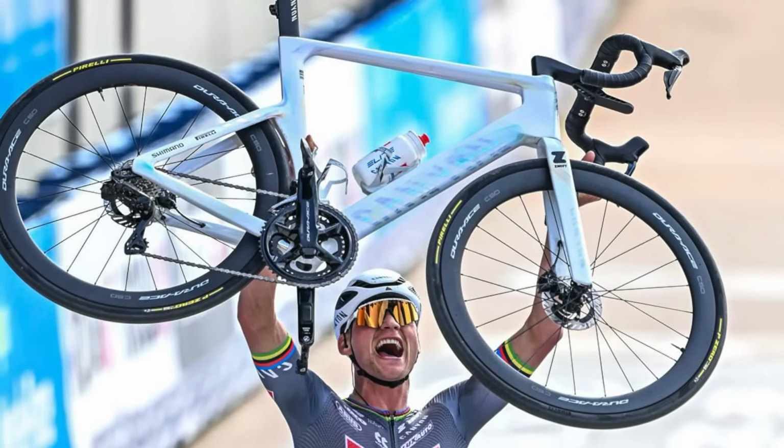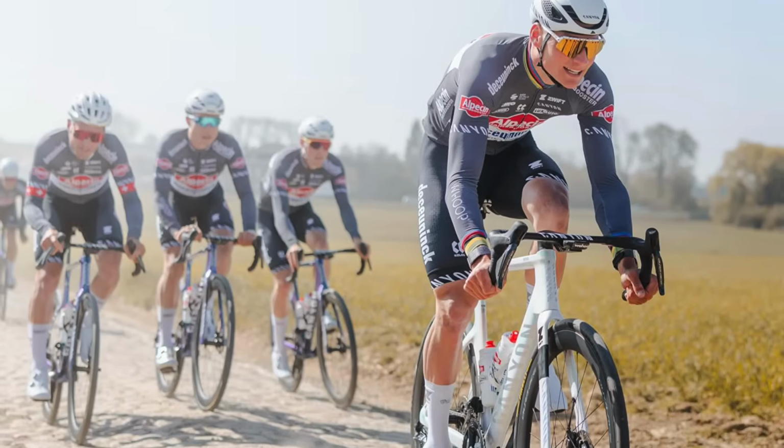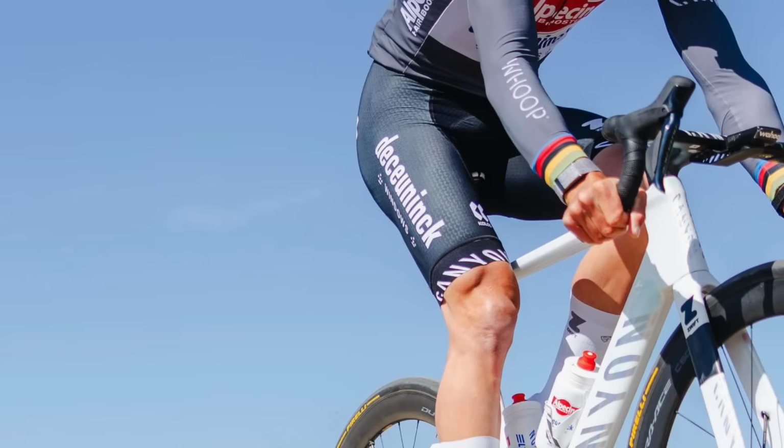One of the cheaper changes that Van der Poel made to his bike at Roubaix though was double wrapping his bar tape. This is no doubt to offer more protection on what is often considered the most brutal event of the road cycling calendar. If you too want to take additional punishment without wearing gloves, then this could be a